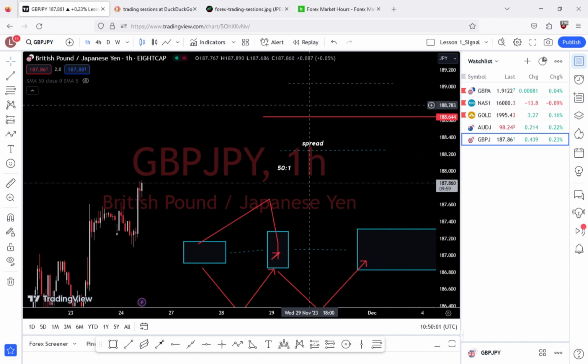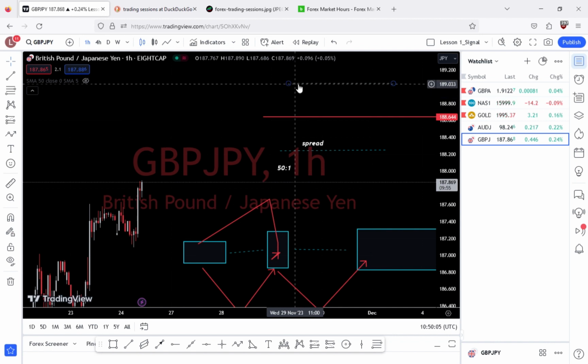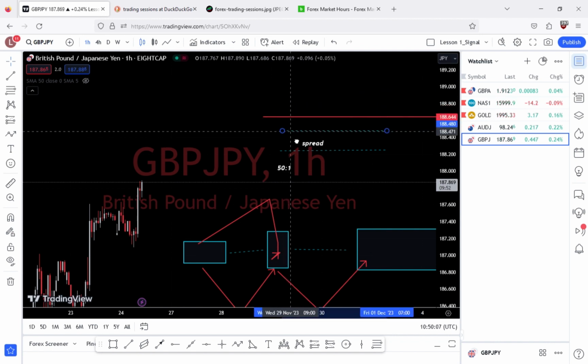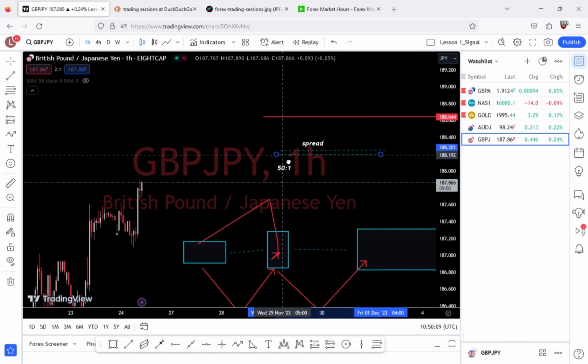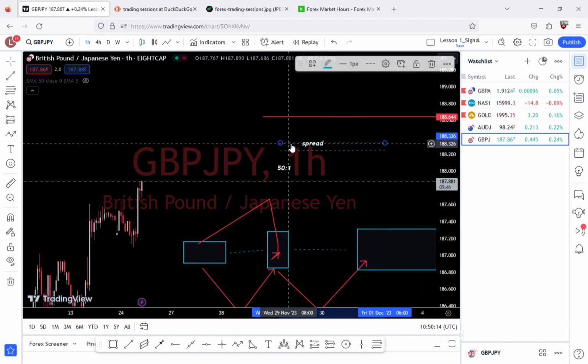Quick tip here: usually exotics are the ones that have larger spreads, because there is less volume of traders trading them and they are usually very volatile. So those are the terminologies.